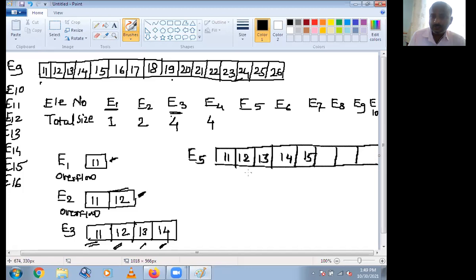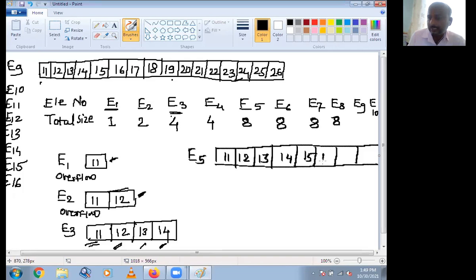Whenever you have inserted the fifth element, table size is 8. Whenever you are inserting the sixth element, table size is also 8. Whenever you are inserting the seventh element, table size is also 8. And whenever you are inserting the eighth element, table size is also 8.